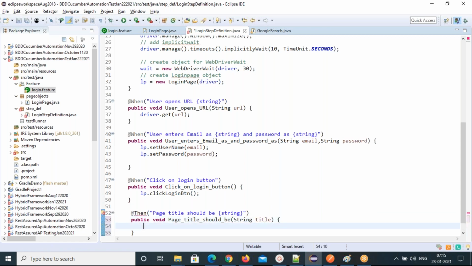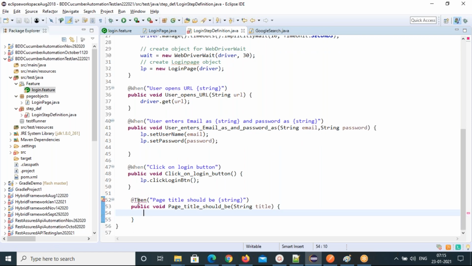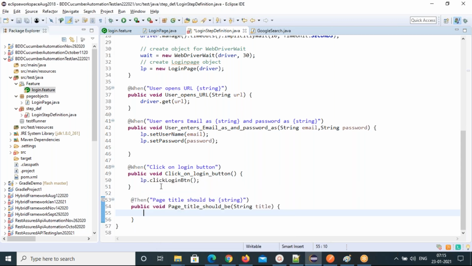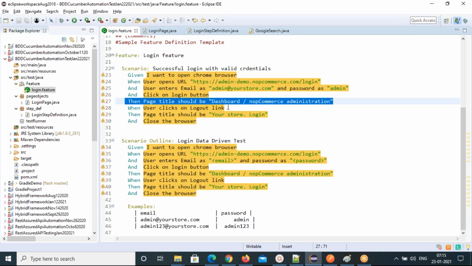So that's my thing. I'll implement the code here. See, here we have two things in the Then. Here, two titles we need to verify. This is one title and this is another title. For these two, I am writing only one method, because both are Then steps, right?